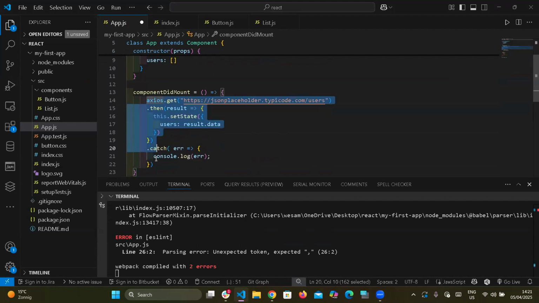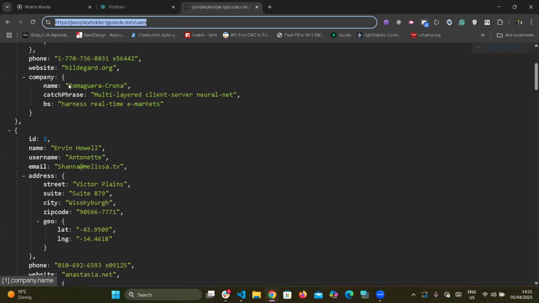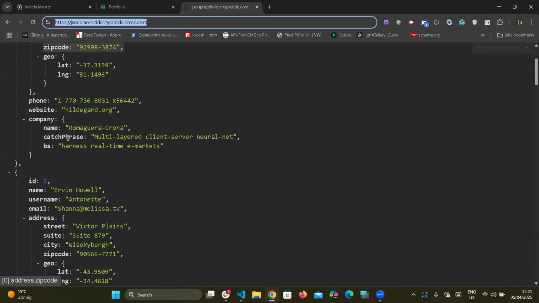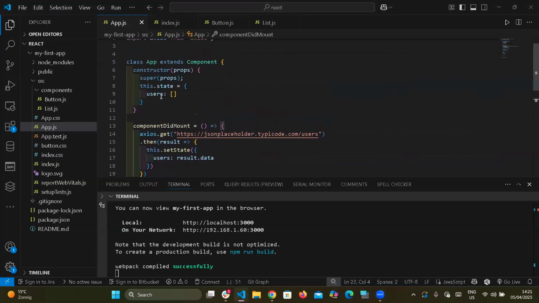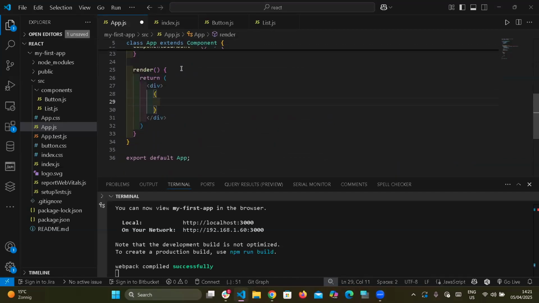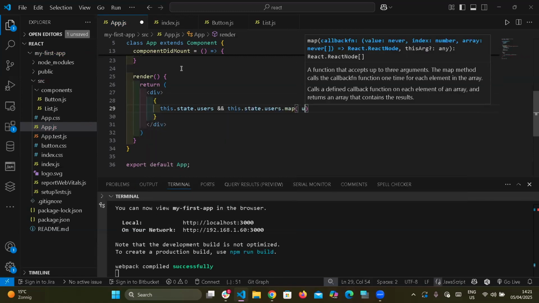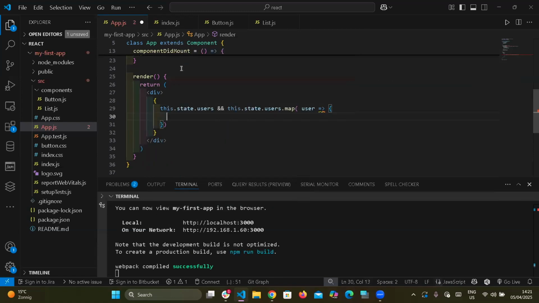Now what I want to do is print all this list of users, which as you know is a list of objects. We have here this.state.users. I can do a for loop here. First of all, JavaScript: this.state.users. And if it's really the data, it's already in the state, so we can now do .map. And for each user, I will always need to return. If you guys didn't write return,